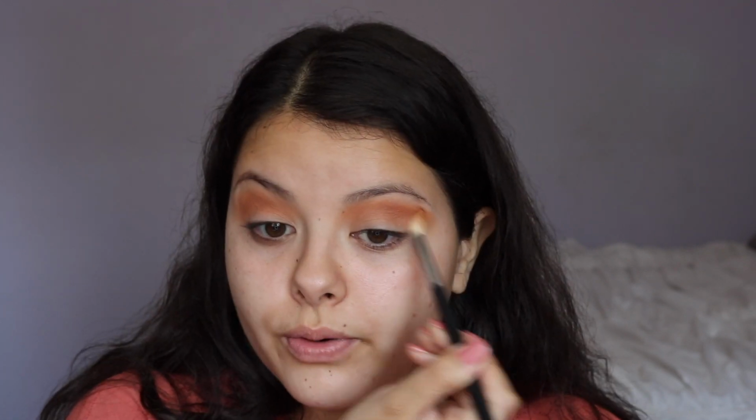I kind of want to try to do a cut crease. I've only done one literally twice. Never really done them, but I see so many girls doing it. It looks so pretty. You know what? I'm gonna try it. I'm gonna take another brush. This is the Morphe MB23, with no extra product, and just blend out the edges, blend out everything to make sure it looks nice and